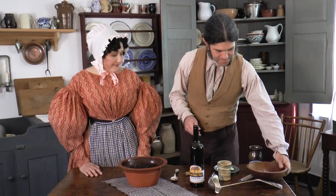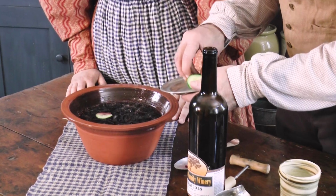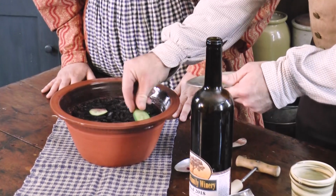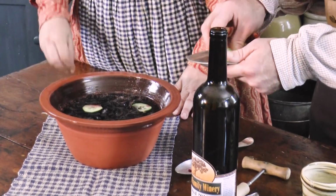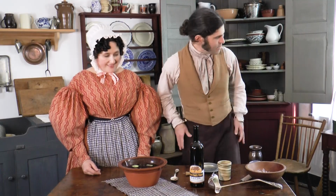And the last thing, we're just gonna take some slices of cucumber. Oh, that gives it a wonderful flavor. Yes. It's not just a garnish, no, this gives some flavor. This absolutely gives some flavor, and it also makes it look very attractive. Oh, very nice. And now that we have it,